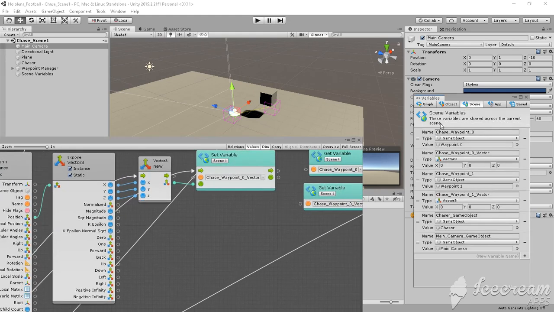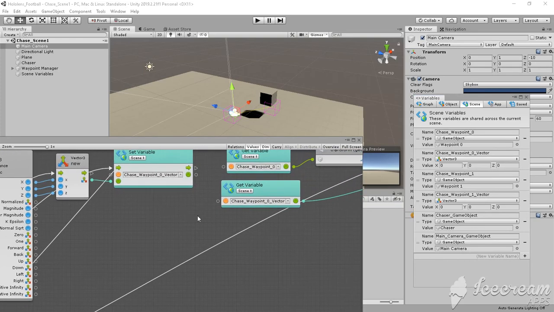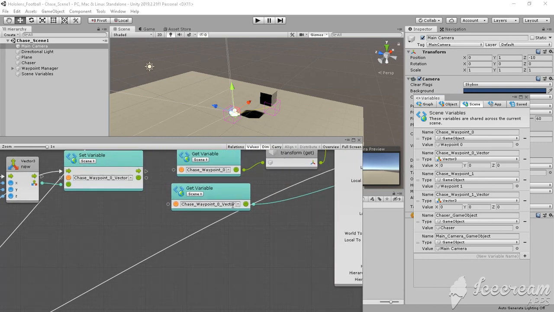and set the variables for the scene. That's going to be your waypoint 0 vector. So that's going to be your character, the one that's being chased, and you want another game object. So you're going to drag this from the scene variable, and you're going to plug it into there. Then you're going to just create an empty vector,